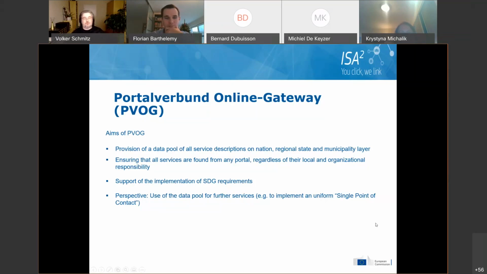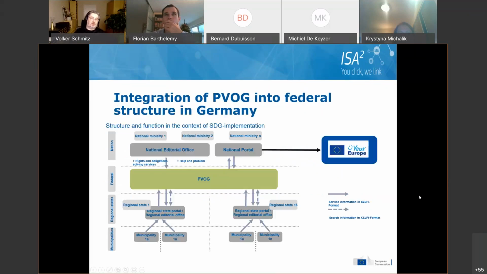So we use this data pool that all websites and all portals can use for search, to provide public service descriptions, even if they are not in their immediate scope. So that's the basic idea. And this data pool, the PVOG, as you see here in the green box, is also used for providing the information